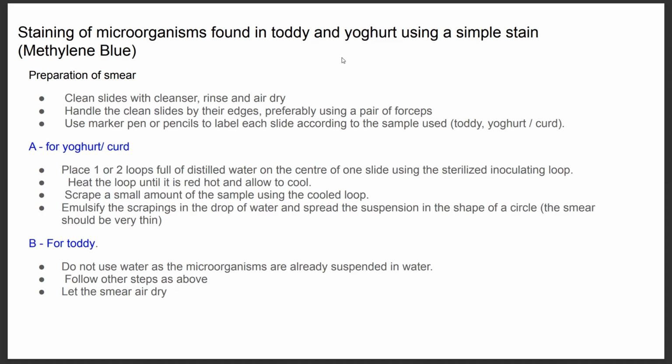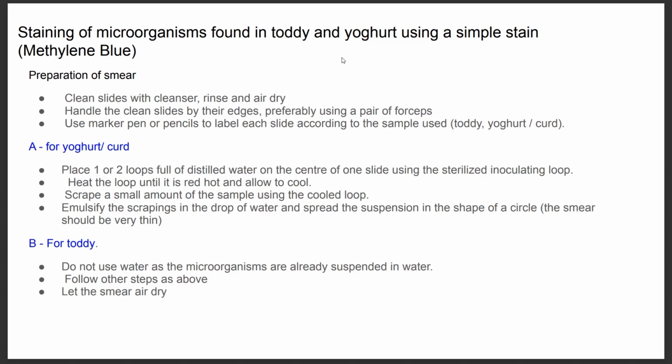Okay, then you have to hold the inoculating loop to the Bunsen flame until it reaches red hot. Then allow it to cool and scrape a small amount of sample using the cooled loop, that means from that culture media. Then emulsify the scraping. Emulsify means you are dissolving it, or you have to transfer that sample onto that water drop